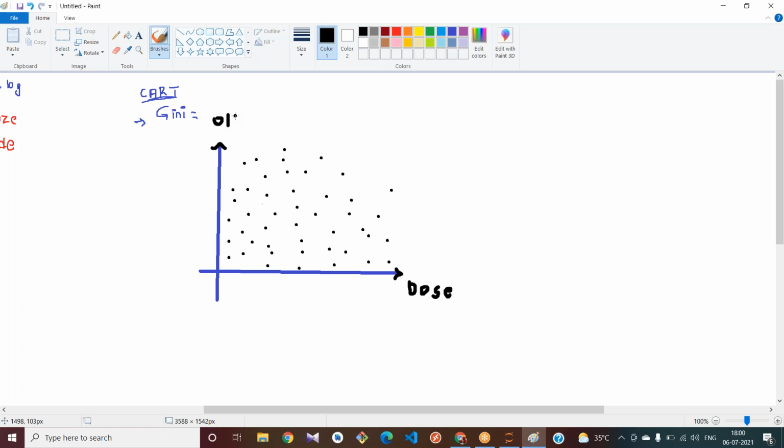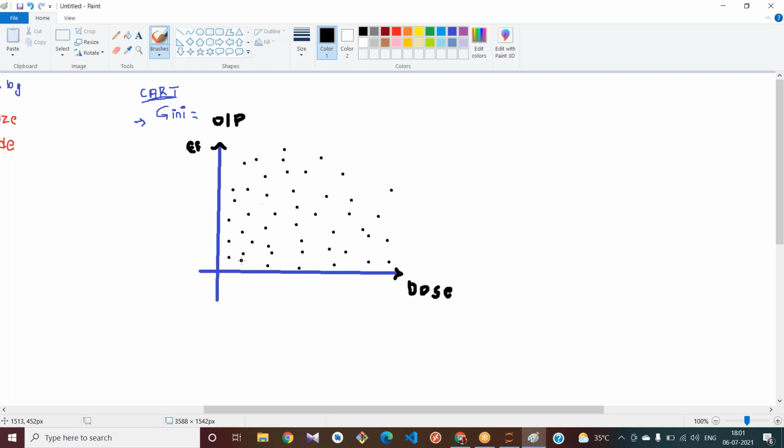Assume we are trying to predict the effect of the medicine dose on a person. When we apply this regression, we have continuous target values, not discrete values.